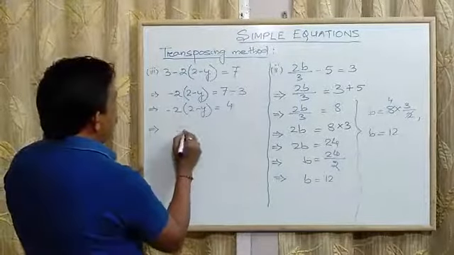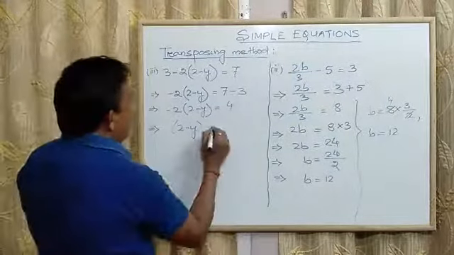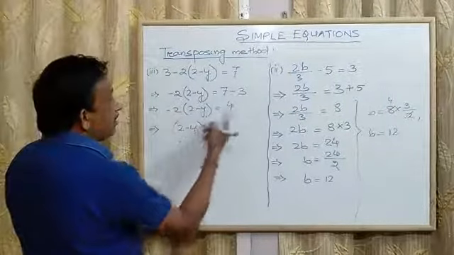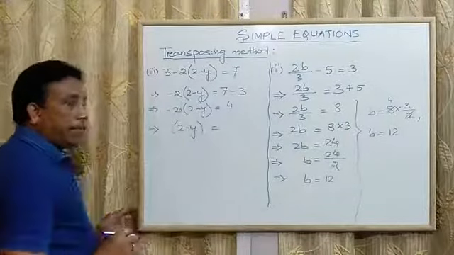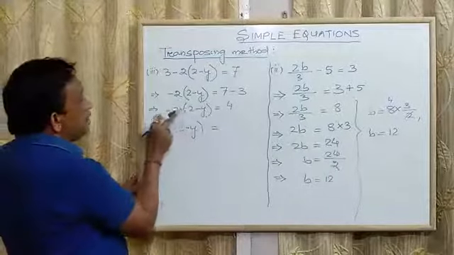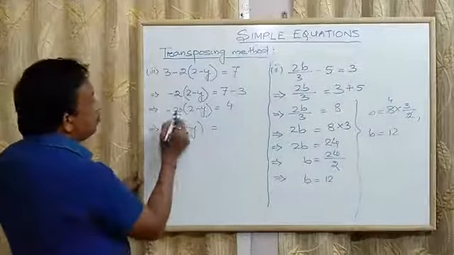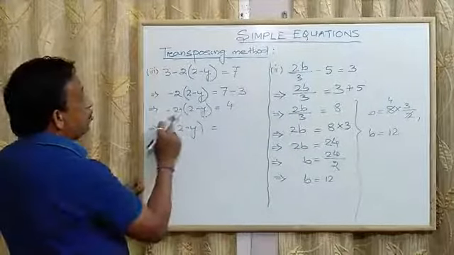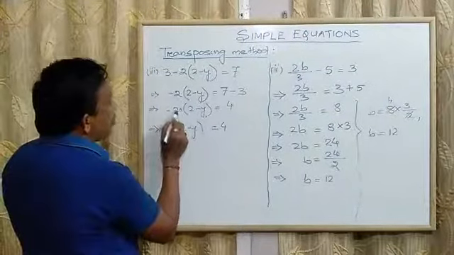Now 2 minus y, I am leaving on the left hand side, and I am shifting minus 2. Now don't think that it is minus 2, it will go to that side, it will become plus 2. No, minus 2 means what? Here it is a multiplication sign. Get this point very clearly. So when it changes the side, minus 2 into means it is actually minus 2 by 1. So when it goes to the other side, it becomes the multiplicative inverse or the reciprocal. So it will go to the denominator.